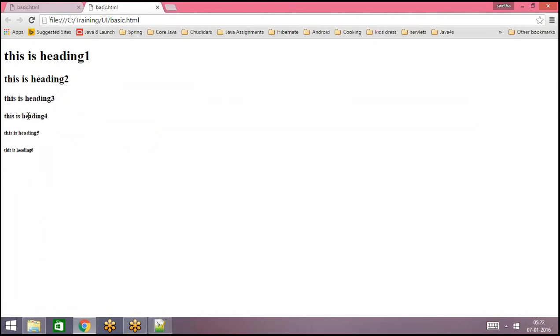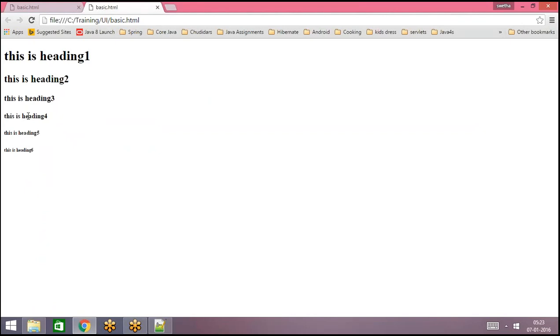So if you observe, the boldness and the size of the headings change automatically. Generally, if we want to change the text size, or show the text in bold, we could use headings, but that is not the recommended approach. Generally we use headings to show our document structure. That means when we want to show some information on the web page, we add a main heading, and after that we add the subheadings. So generally H1 will be used to add the main heading.